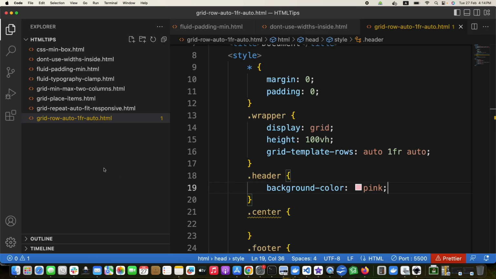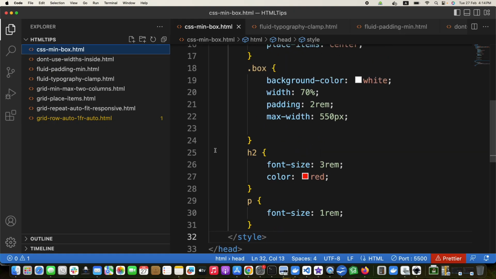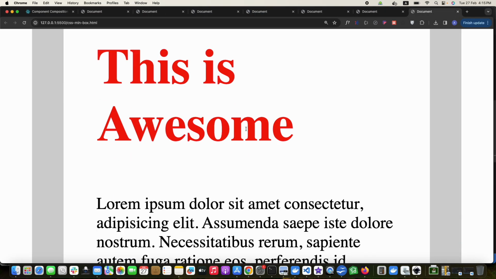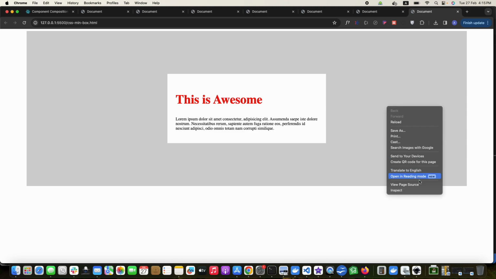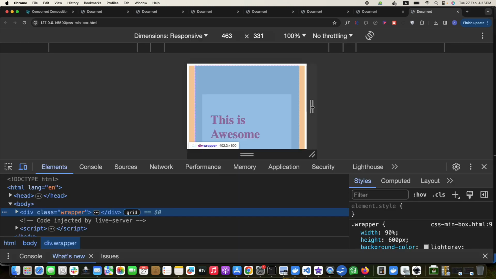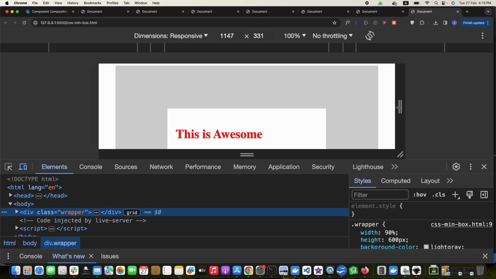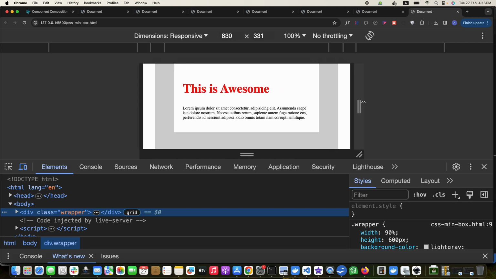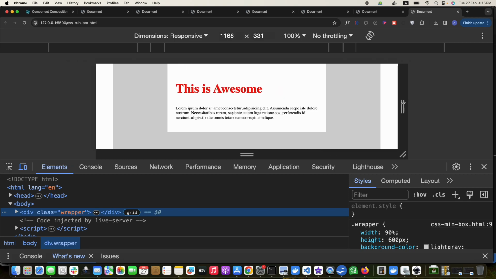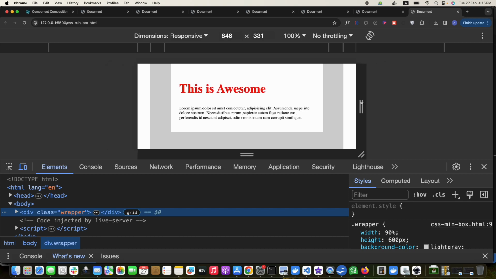Okay, the next thing is CSS min box. Again, this uses the min function. This is a box. If I stretch, make it responsive, check it. It has some width, and after some width it starts shrinking. What could be the CSS property for it? Anybody? You can see it's of some fixed width,